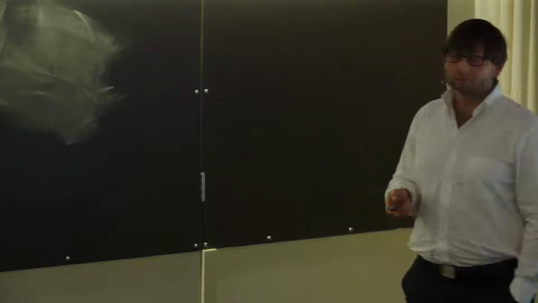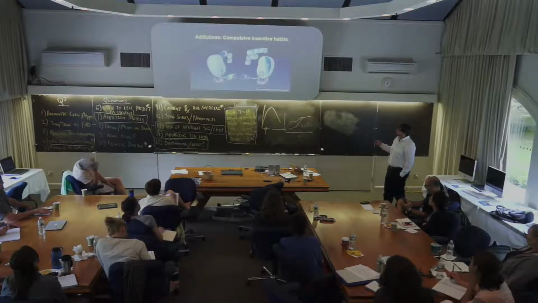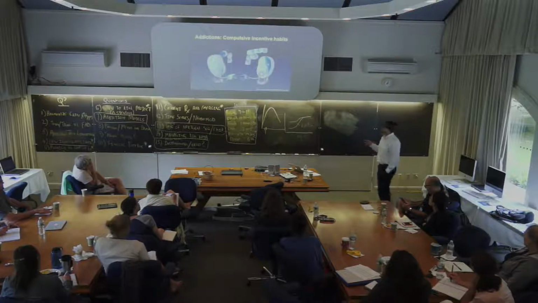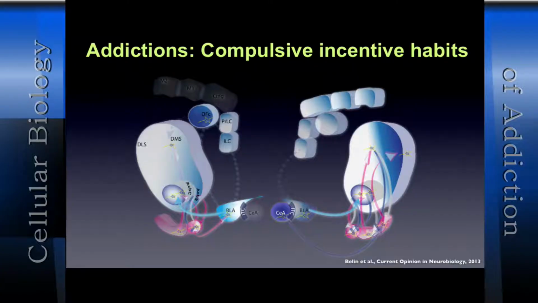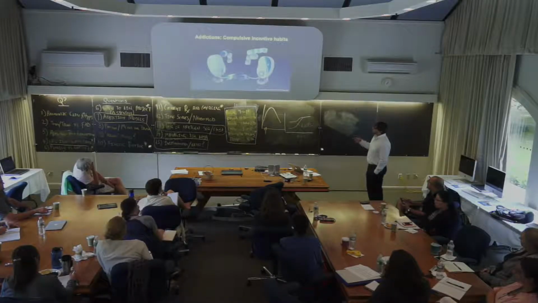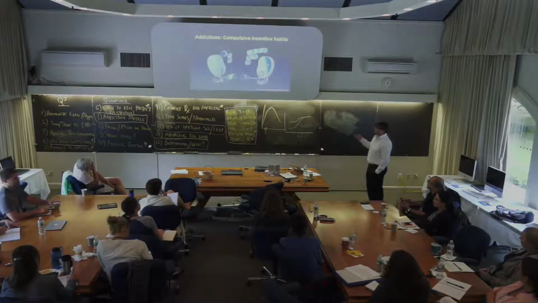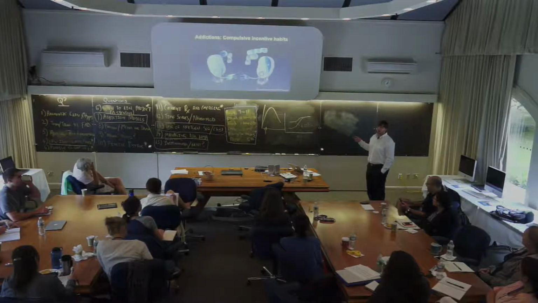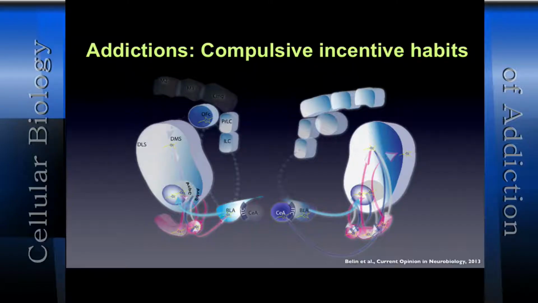When the behavior is habitual, what we've shown is you've got a complete disengagement of the dorsomedial striatum, a major recruitment of the central nucleus of the amygdala, and actually two amygdalostriatal pathways driving the behavior. A BLA-core spiraling loop. Have you heard about Suzanne Haber's spiraling loops in the striatum? We'll come back to that. Spiraling loops, and another pathway, central nigra DLS. And you need these two pathways to drive cocaine-seeking habits. How did we demonstrate that? So that's the story I'm going to show you now.